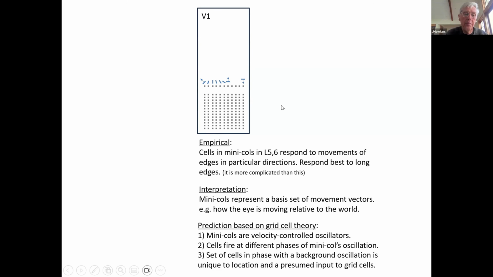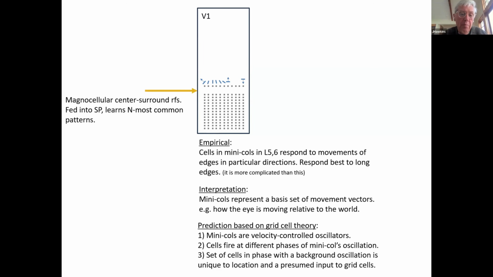Let's keep going here. I want to now bump back up to Monty, or back up to the large scale theory. The theory I have is, if you take vision, the magnocellular cells from the retina are center surround receptive fields. If I take those cells and feed them into a spatial pooler, the spatial pooler says I'm going to represent these by the N most common patterns. It's like the spatial pooler always outputs, let's say 3 out of 10 or 3 out of 50 or something like that. It defines a set of mini columns